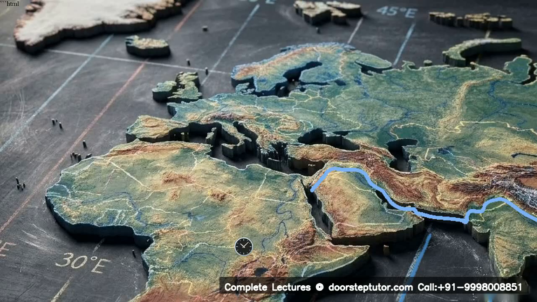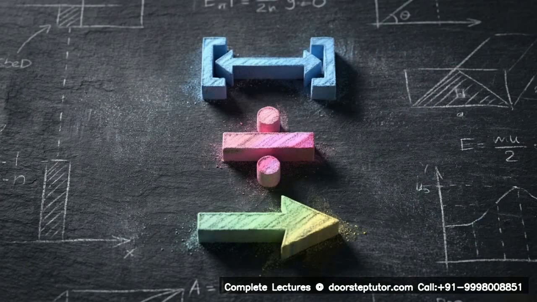We subtract 30 from 90 to identify a 60-degree longitudinal difference. Step 2 is to divide by 15. Dividing that 60-degree gap by 15 converts the geographic distance into a time difference of exactly 4 hours. Step 3 applies the directional rule, east increase. Adding 4 hours to 2 p.m. results in 6 p.m. Following these 3 steps, finding the gap, dividing, and applying direction, provides a reliable procedure for